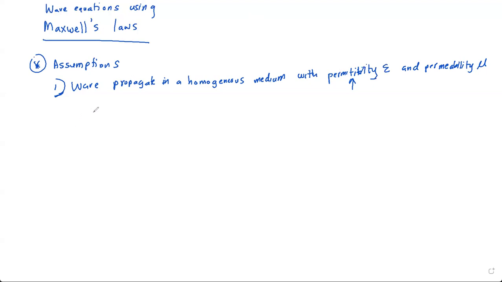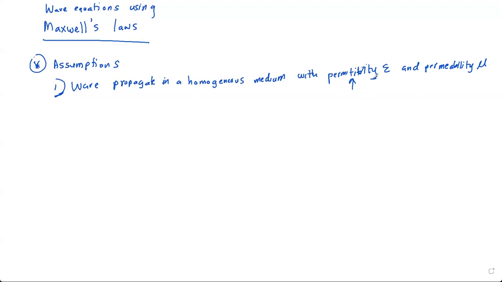That is the assumption that we are making. Actually, we are going to prove that this electromagnetic wave is a wave. However, we are going to assume that whatever is propagating does so in a homogeneous medium with permittivity epsilon and